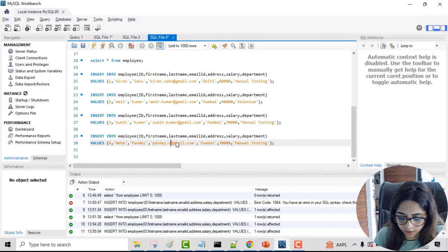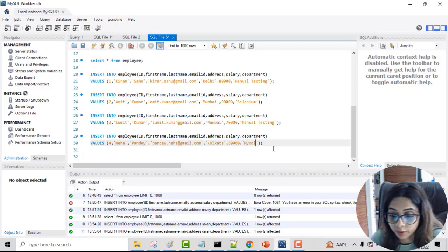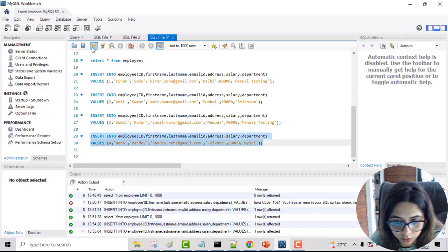Okay, pandey.neha, let's say, no problem. This person is belonging to Kolkata and her salary is also 80,000 and she's from the MySQL department. So here we go and we'll execute this query